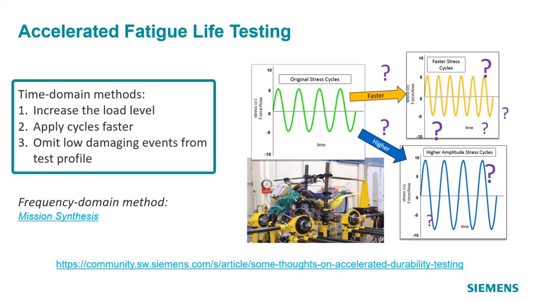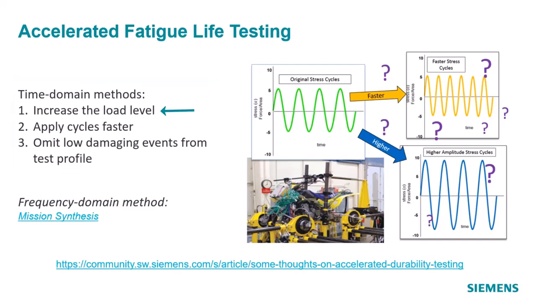And there are different methods that are available for accelerating the fatigue life testing, and those include increasing the load level. Suppose you measure certain load levels and then you just increase the load level. You can do that because we saw that as we increase the load level, the number of cycles to failure is less. So maybe that makes sense. And the other concept can be to apply the cycles faster. If you do this taking a certain period of time, then within the same period of time, perhaps you can make it faster and apply more cycles.